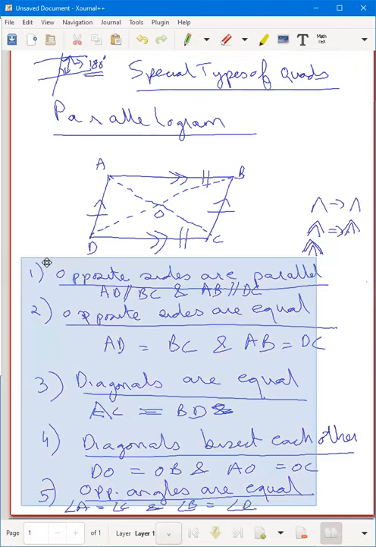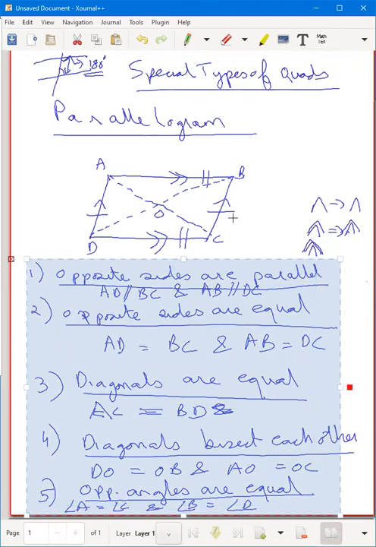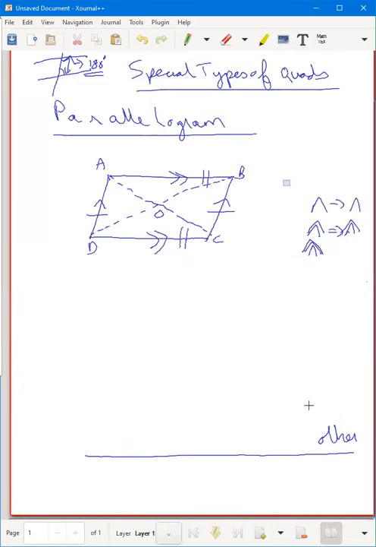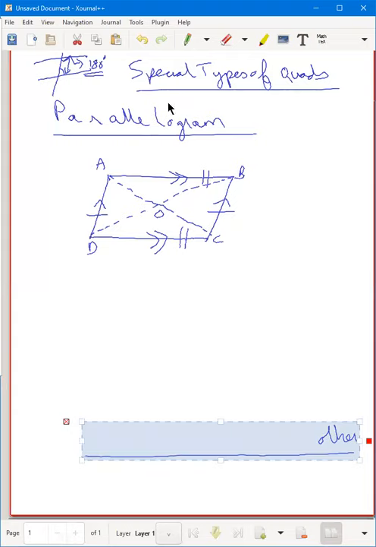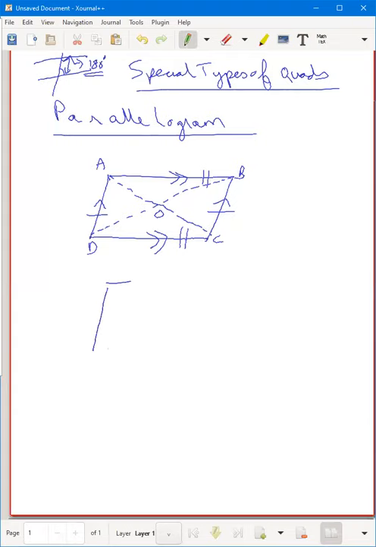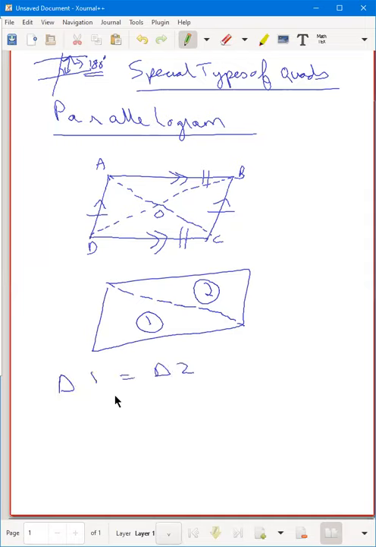Working further, we also can see that a diagonal of a parallelogram bisects the parallelogram into two equal triangles. So in the same parallelogram, either diagonal bisects it into two equal triangles. So triangle 1 will be equal to triangle 2. So the areas of both the triangles will be the same. Similarly with the other side also. So this is used in a lot of places where we have to find the areas of parallelograms, quadrilaterals, triangles, and other shapes.